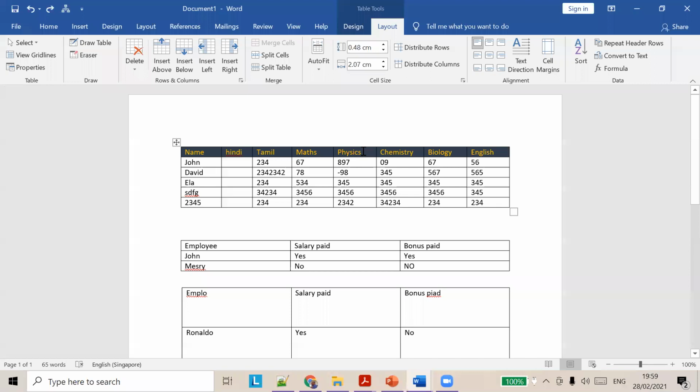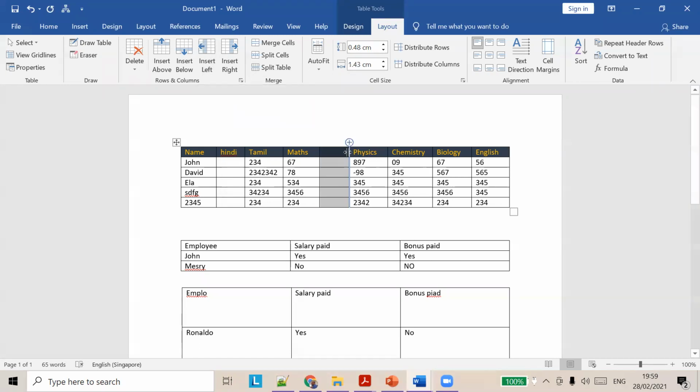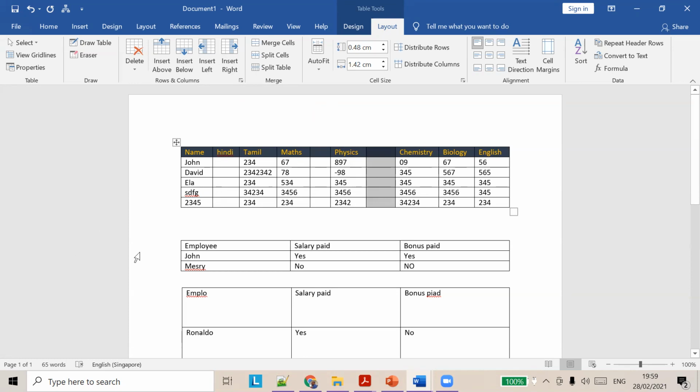Please remember our cursor well. So please note our cursor is in physics. Okay, so click on this, insert columns to the left. When you do, right, you will have a column. If the cursor is here and if I say insert column to the right, it will add to the next column. So that's the difference. So left to right, and rows are the same.